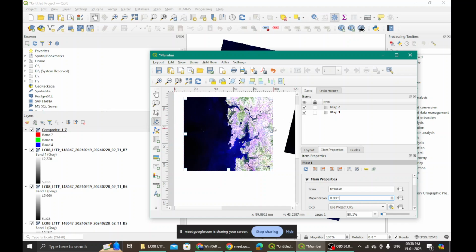Now if I want to rotate the map, I can do it here. Right now my north is aligned with the vertical side, the right side or the left side of my map. But if I want to change it, I can rotate this map by 90 degrees such that even the north arrow will move. So you center this particular map using this tool, which says move item content when I hover my mouse pointer over it. How many of you could scale it wherever you want, whichever area you found is important? You want to make a map for that particular region on the satellite image, go ahead and make it, and come here and drop me a Y if you could do it.